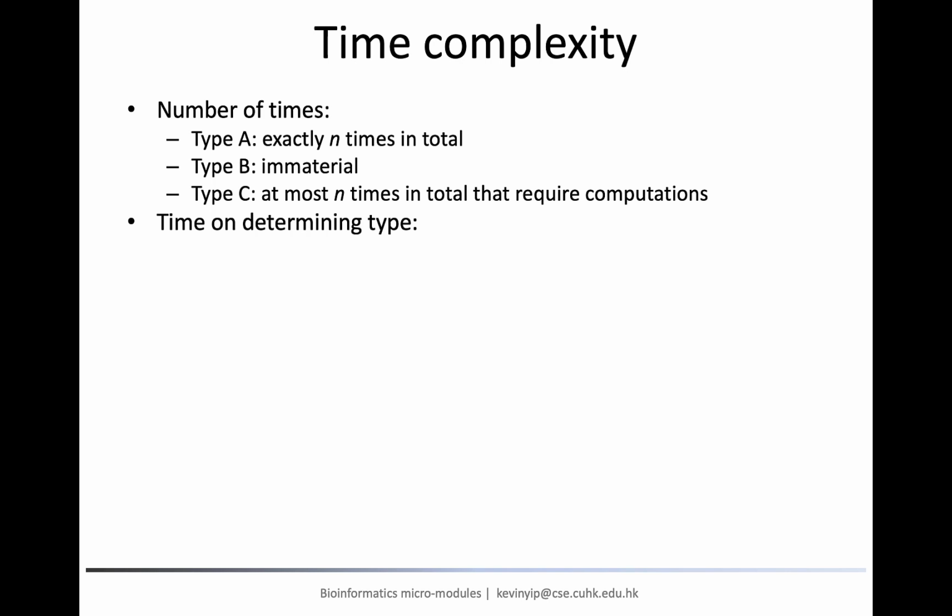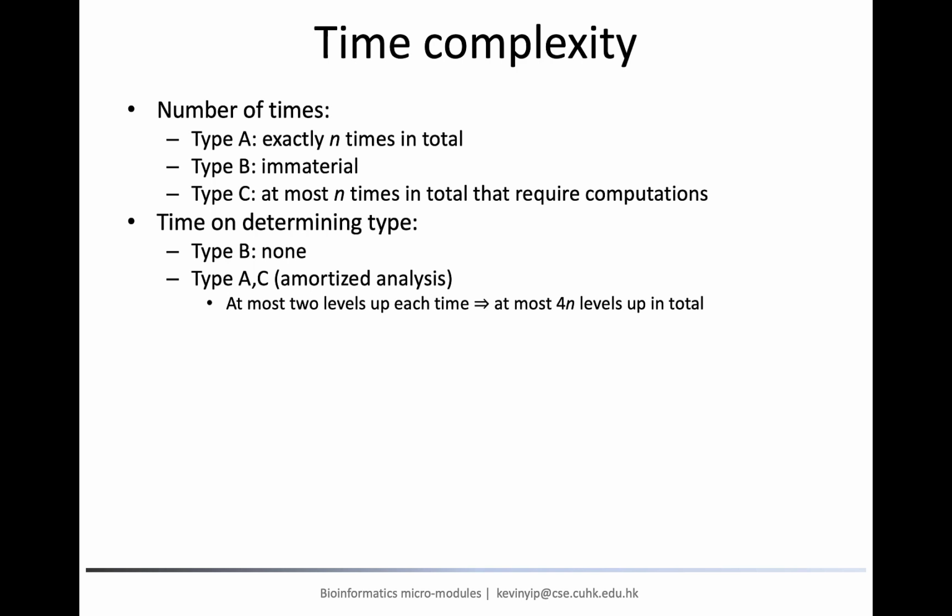Next, let's talk about the searching time needed to determine the type of each insertion. For type B, since they can be determined based on the number of leaf nodes from the last iteration without doing any tree traversal, they have no computational cost. The most interesting part of this complexity analysis is the case for type A and type C. It is actually not easy to analyze how many nodes we need to visit when searching down a tree each time. Instead, we will consider all the type A and type C cases together. This technique is called an amortized analysis.